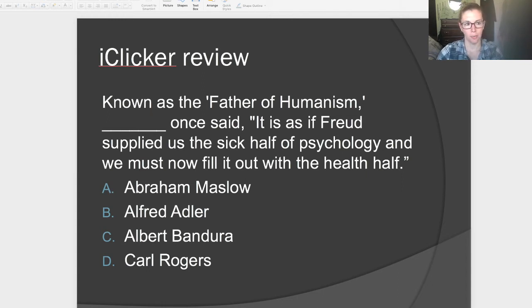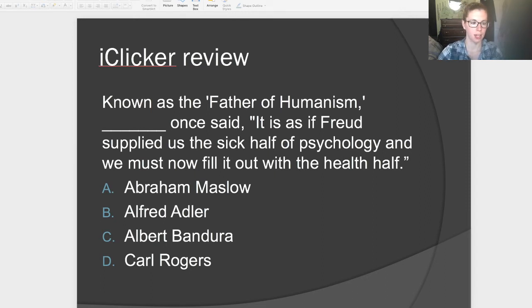Okay, so the humanistic perspective on personality is simply that people are always going to strive for growth and to be a better person unless circumstances in life get in their way. Okay, so humans are going to be working towards self-actualization on that hierarchy of needs unless they're thwarted by some stumbling block along the way.